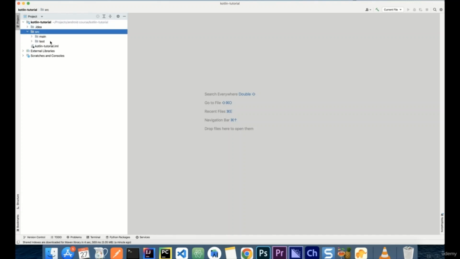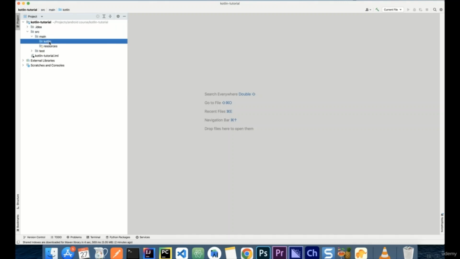Then you have the source, which contains all the project files. In the main, you will build your Kotlin files, and in the test, here you might put unit tests and other things. We're going to use that in Android. We're not going to use that for Kotlin. So let's skip that for now. And then you have some dependencies, libraries, and so on. So the main folder that we're interested in is the source main folder. And inside we have a Kotlin.